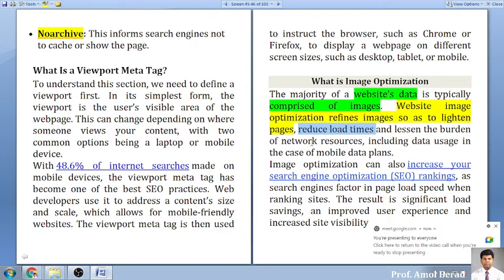So we are automatically making the images light, so data can be loaded very fast. In the case of mobile data plans which people are using nowadays, people are very conscious about the size, that is, I am getting 1 GB of data. So whenever I am loading anything on a website, I should get lighter images. In this situation, image optimization is very important because people are nowadays conscious about their data,